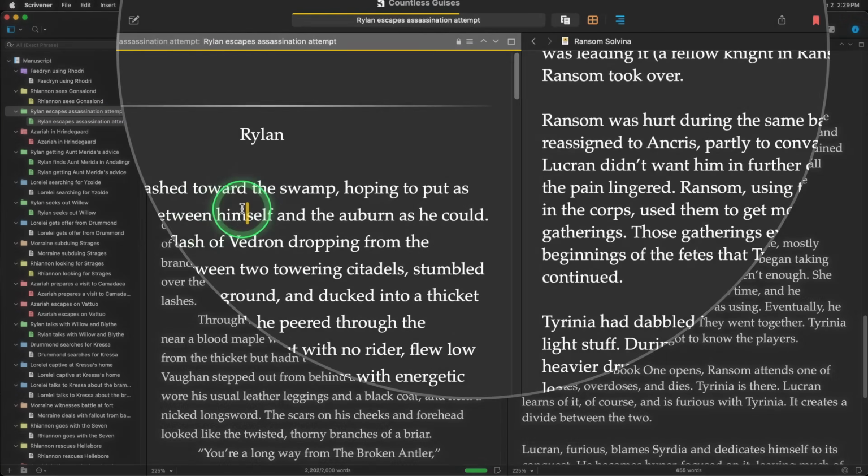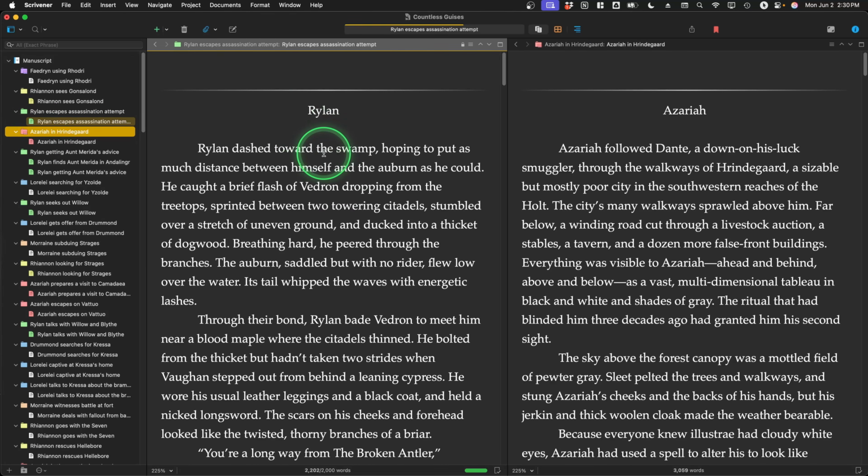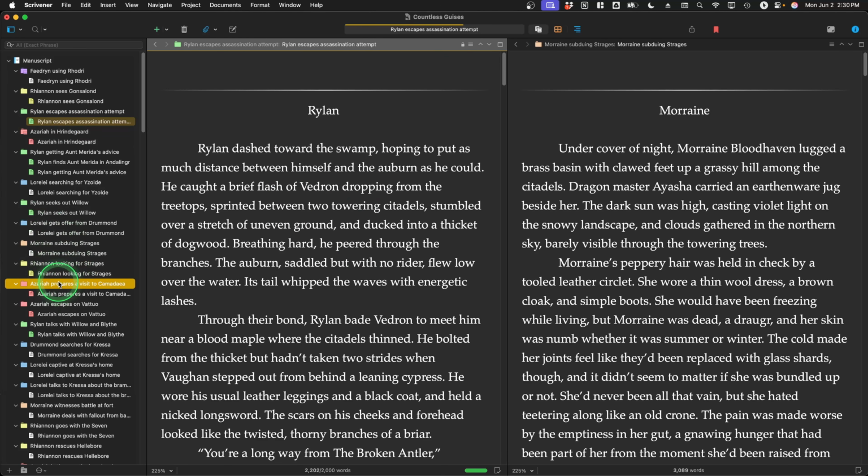Now, normally, if I was focused over here and making some changes, I can edit this document without a problem. It's just that when I select something in the binder, Scrivener doesn't make that change in the current editor, which is the normal course of events. It instead knows this is locked and puts it in the other editor instead. So this is a great way to keep one fixed and then just move around the manuscript quickly,